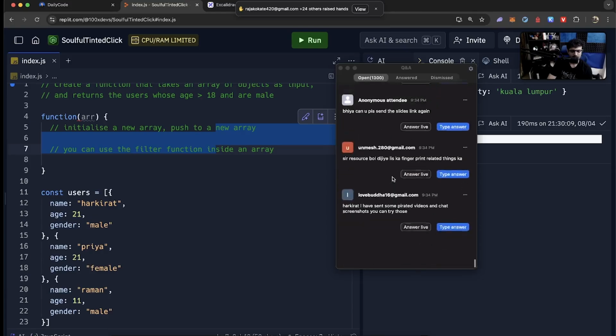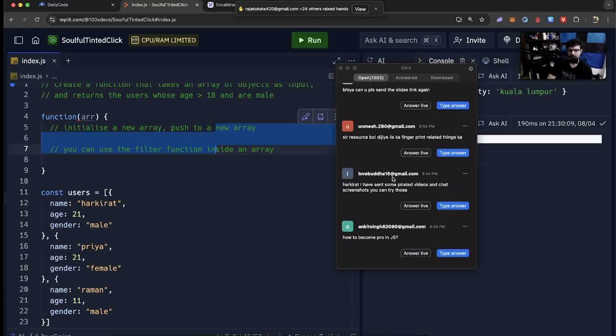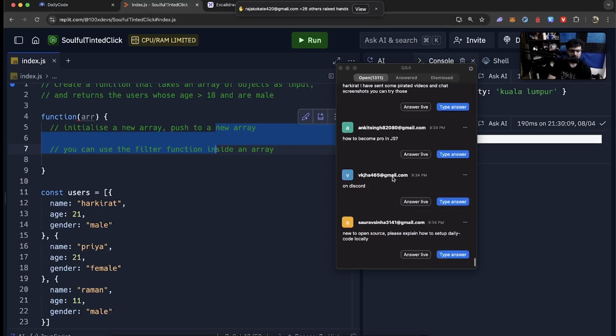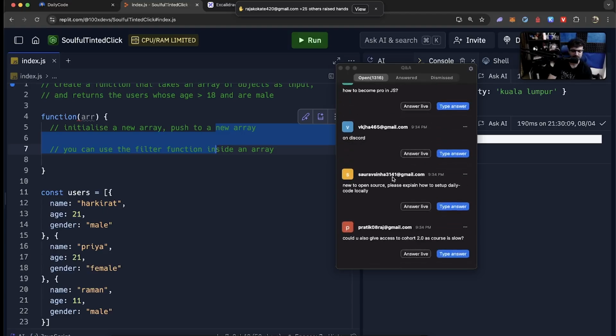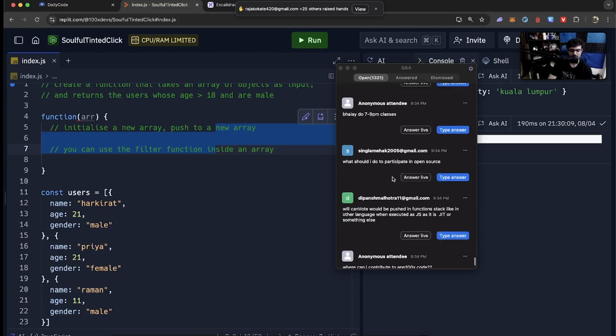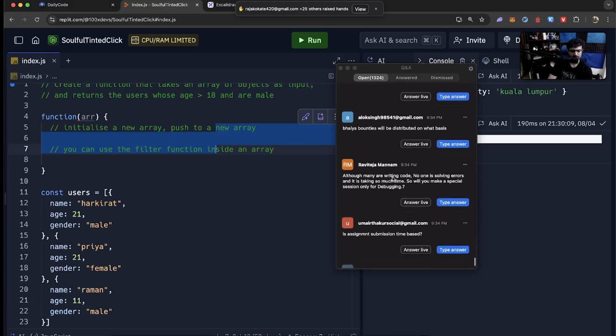Sorry, I missed that at the bottom here. Harkirat, I have sent pirate videos. Thank you. The problem is, as I said, yesterday 20 people sent, and they all were from the same person only, so it just gets leaked once, and after that it all leads to the same user basically. Could you give access to Photo as the course is slow? We'll see. Ping Rookie and talk to him. Who am I talking to here? Pratik, talk to Rookie.